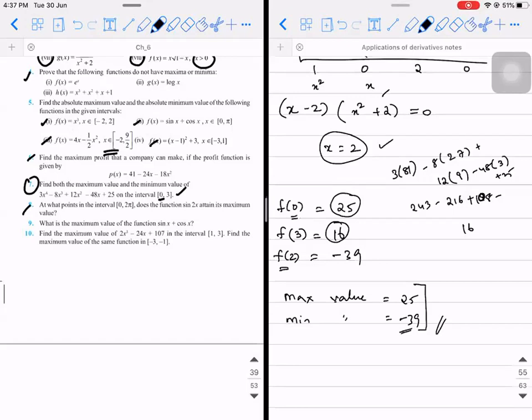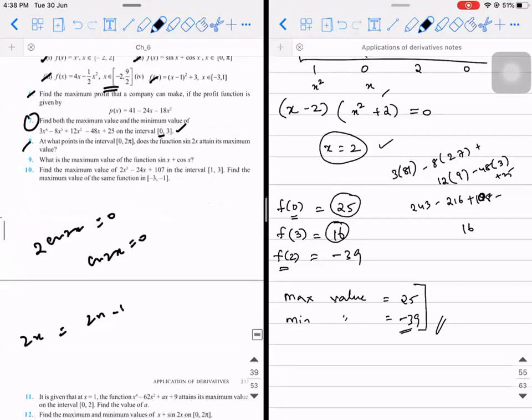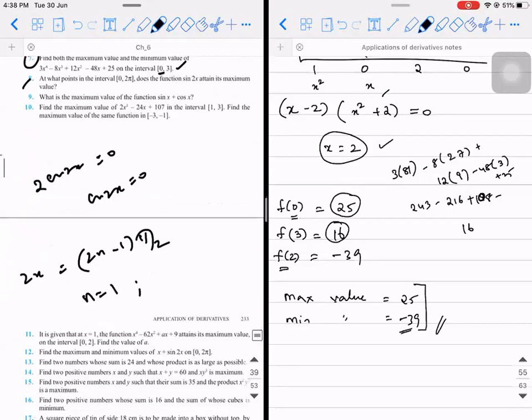Oh, okay, sir. So what are the two places possible? If you do f dash of x, it will be 2 cos 2x. If I equate 2 cos 2x to 0, cos 2x equals 0. So what is the general solution? 2x is equal to (2n minus 1) into pi by 2. If I substitute n equal to 1, I get pi by 2; then 3 pi by 2, then 5 pi by 2. 5 pi by 2 I'm not supposed to take into consideration. So 2x will be equal to pi by 2, x will be equal to pi by 4. So at x equal to pi by 4, you will have the maximum, and at x equal to 3 pi by 4, you will have the minimum.